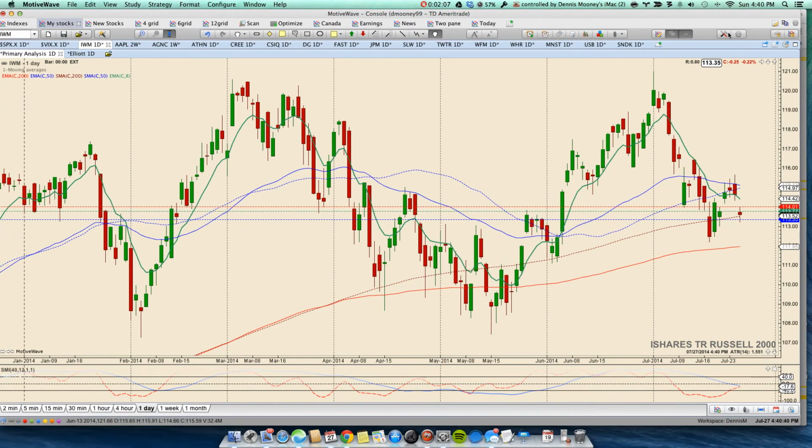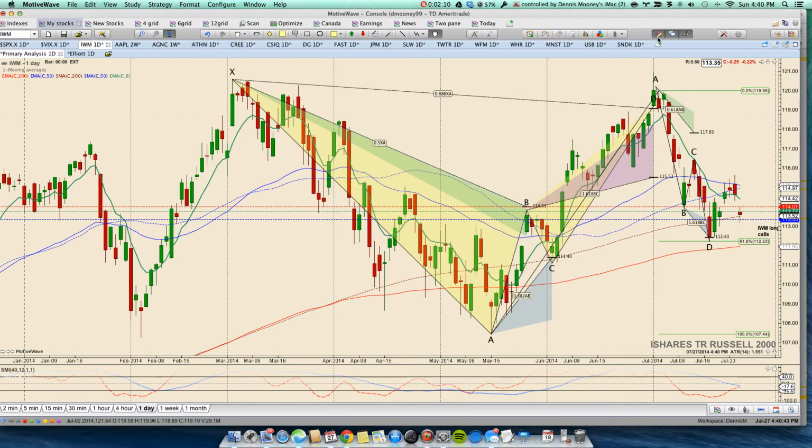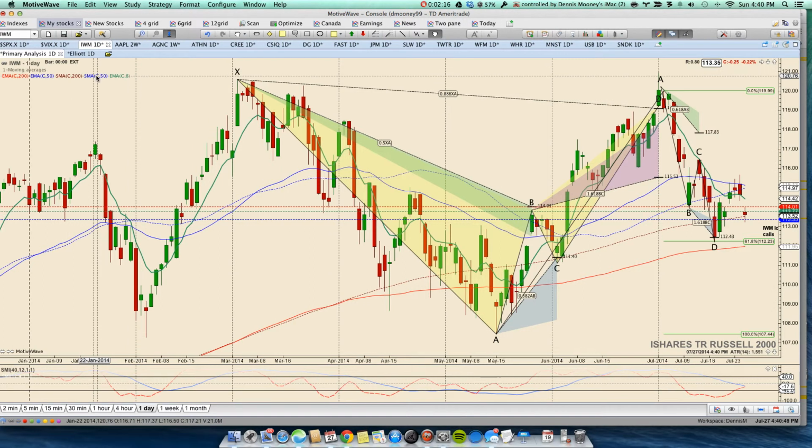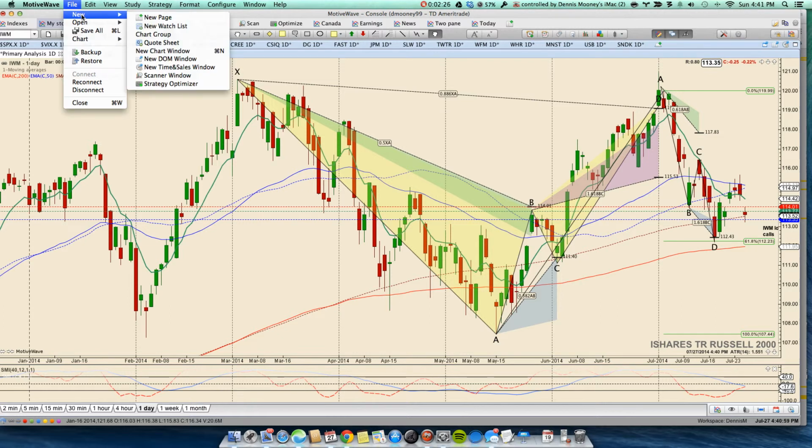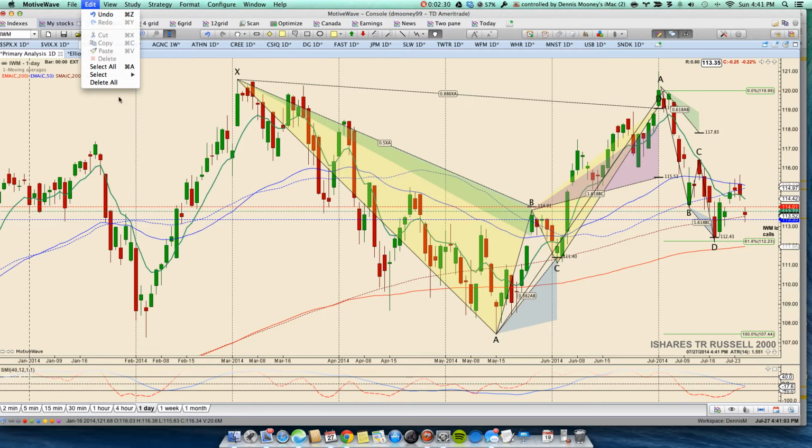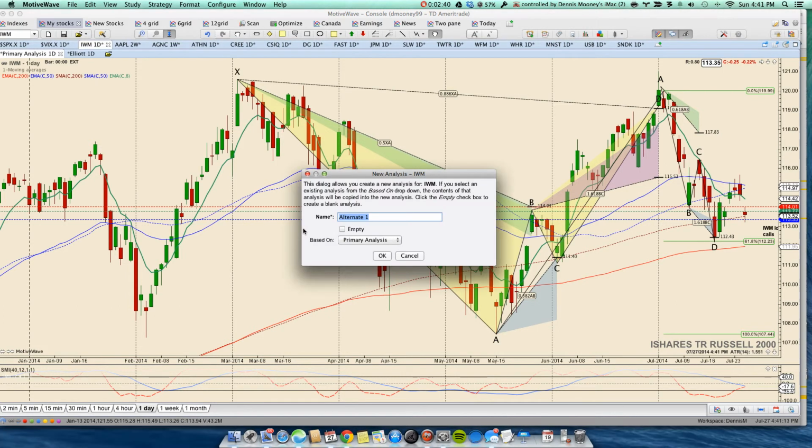But because I've already got some drawings on this one, and I'm just hiding them with this little icon here, I'm going to open up a new analysis on my Russell 2000 tab. And the way you do that is you go File, New. I really don't use the drop-down menus, and I encourage you to use icons in your toolbar. So I'm clicking on this one, which is a new analysis,